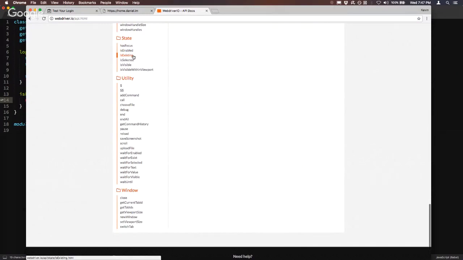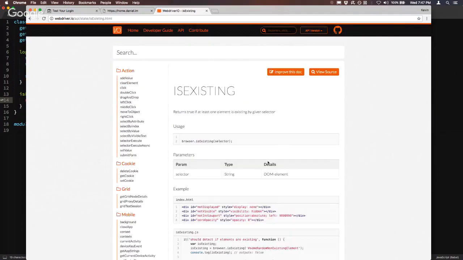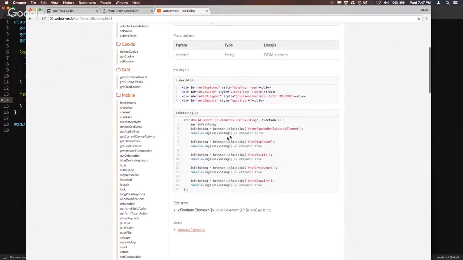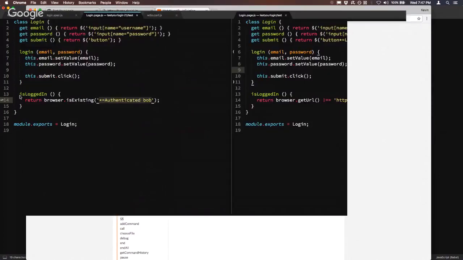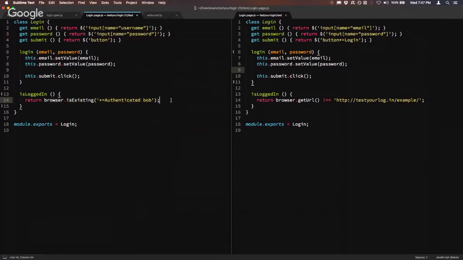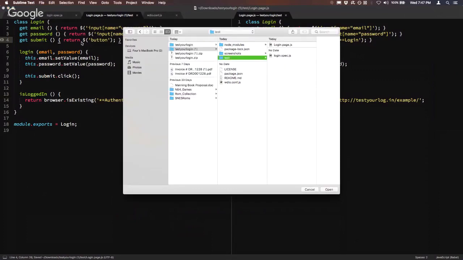Is enabled, is existing, is visible. Yeah, we'll just go with is existing. So this is just going to check that this element is existing, and it's going to return true or false. And then in our spec,